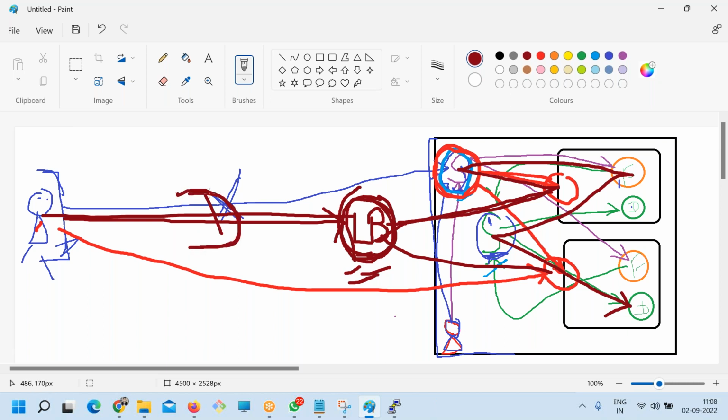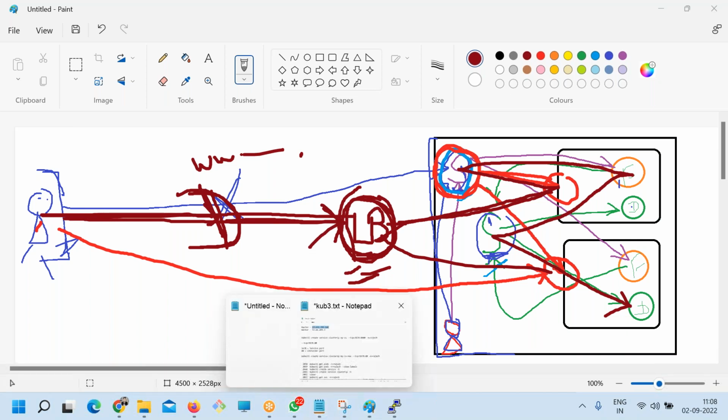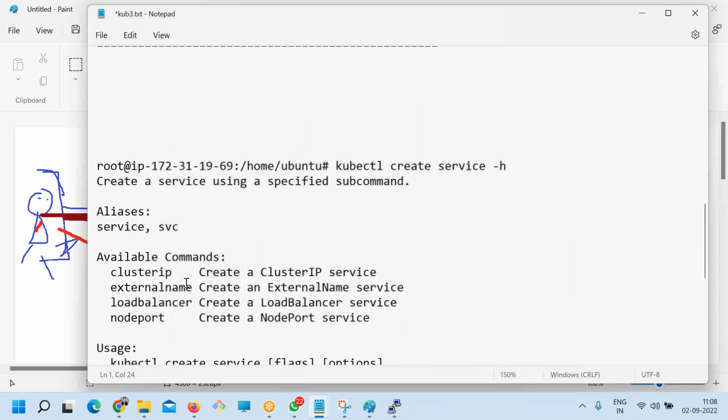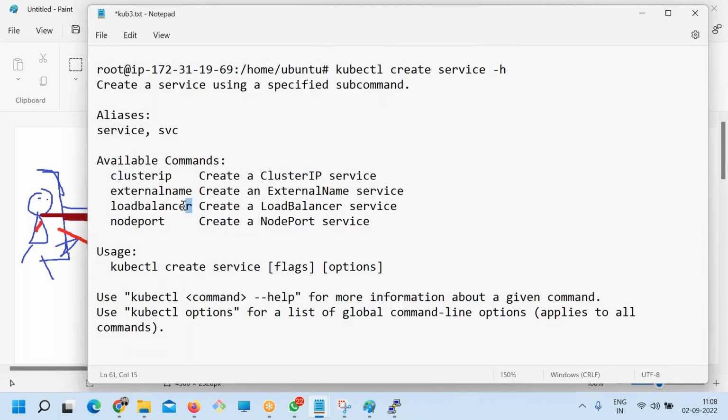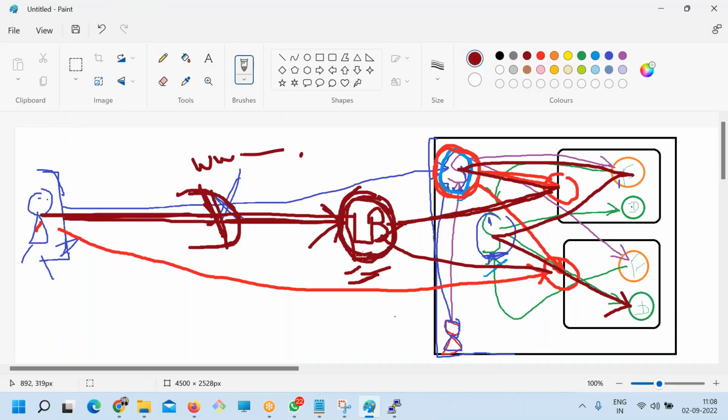The DNS server is Route 53 or something, like www.devopsschool.com. So anyone who hits devopsschool.com, the DNS server will redirect to this IP address. So here the question is, what is the load balancer type? So this load balancer type is nothing but this one.